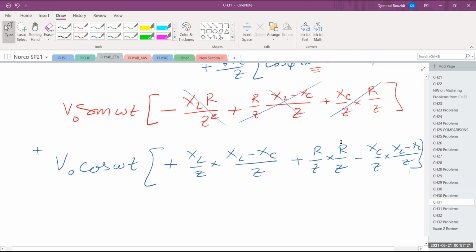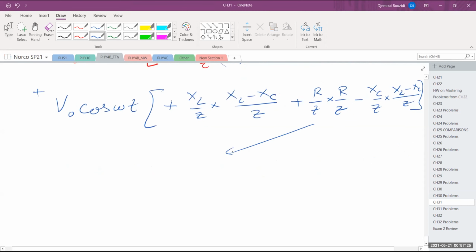So I have R times R, that's R squared divided by Z squared. So this term in here is R squared over Z squared. Plus, as a matter of fact, I have Z squared in the denominator everywhere. So I could take it as a common denominator. So I have XL times XL, that is XL squared, minus XL times XC, divided by Z squared. I mean, XL times XC divided by Z squared, correct? And plus,